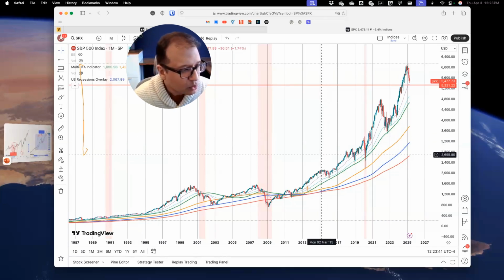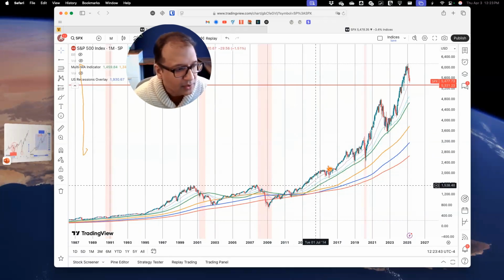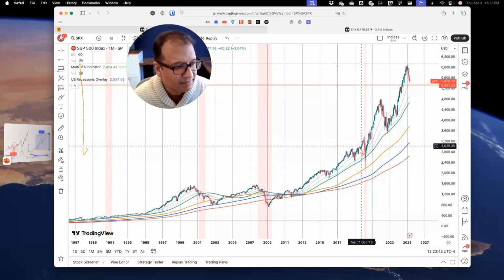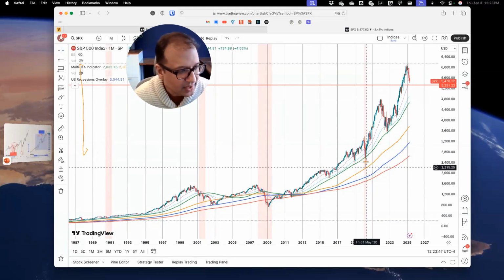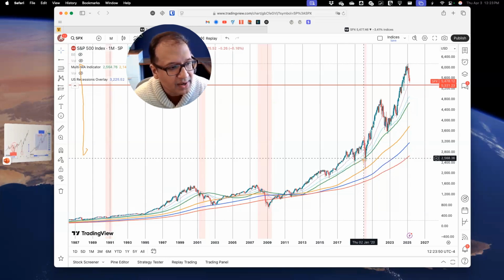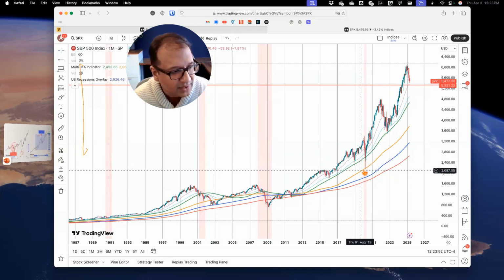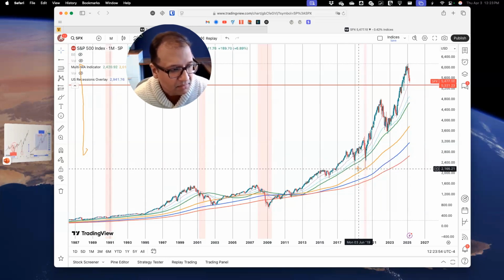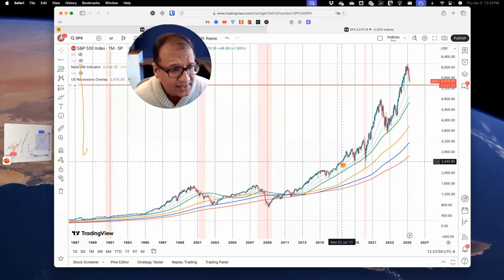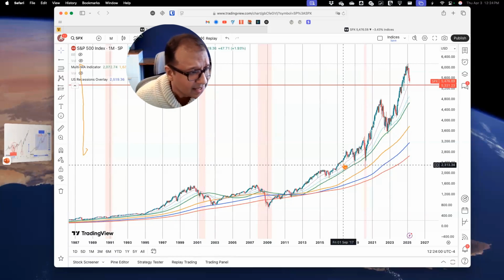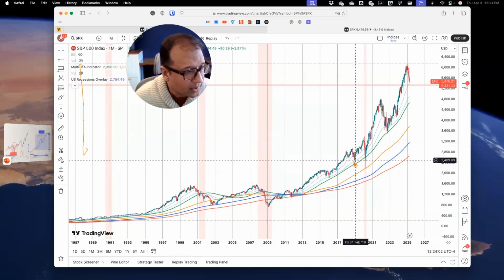Have a look at these moving averages and notice where it typically falls. When it hits a recession, it pierces through the green line and goes further down. Sometimes it could even touch the orange line. But in most cases, if a recession doesn't occur, it seems to just touch this blue line, which is the